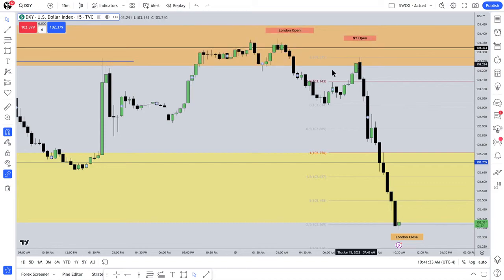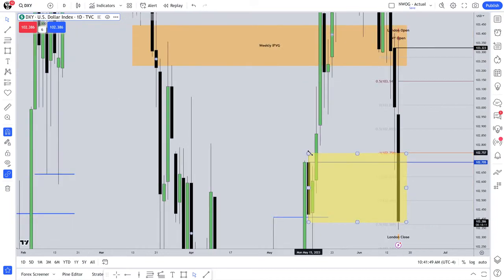But we have this run here to here, and we have a standard deviation of negative 2.5, which is just outside the scope of the entirety of that daily bullish order block, which is that shaded area in yellow. And you take it back up so that way you know what I'm referring to. This down close candle here on the daily chart, right there, I mentioned on the 13th, that full entire range.